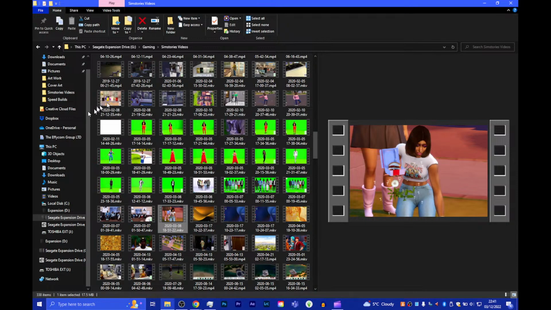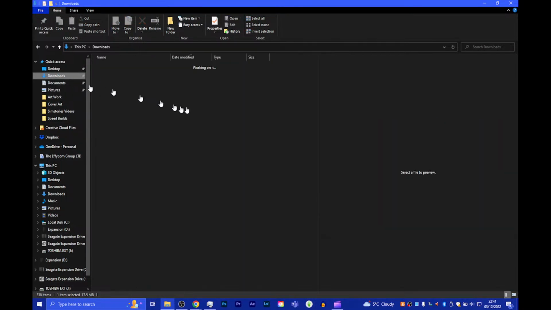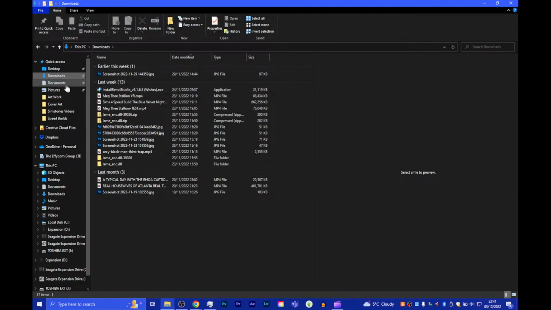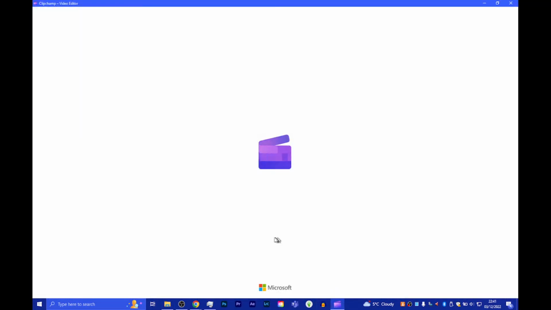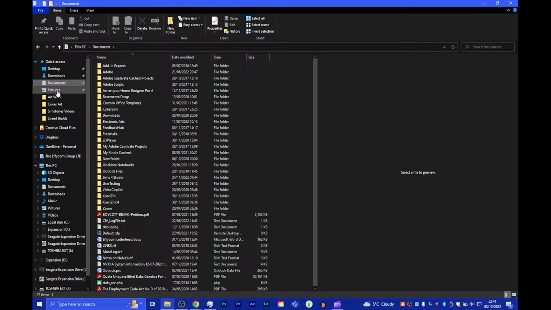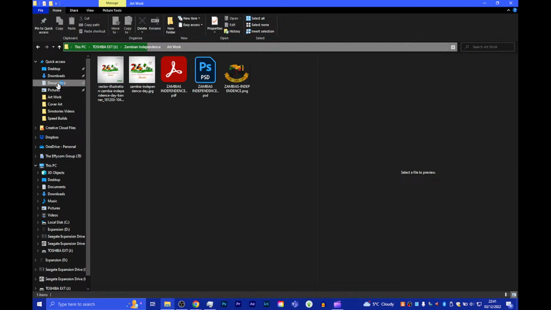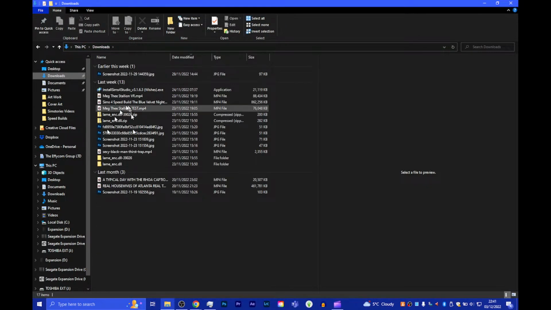What Clipchamp actually does, once you've exported your file or when it's finished recording, is it directly saves it in your downloads folder. Is it in the downloads folder? Yeah, if I'm not mistaken, it's in the downloads folder. Let me double check and see. I think it's in the downloads folder. Is it documents? Let me double check. Pictures, yeah, I think likely downloads folder. If I'm not mistaken, it saves them in the downloads folder. Yeah, as you can see, it saves them in the downloads